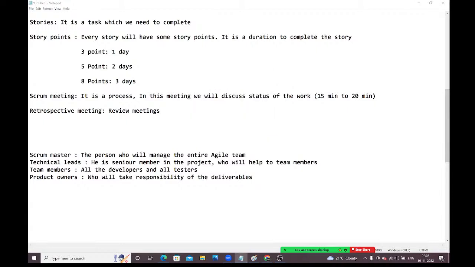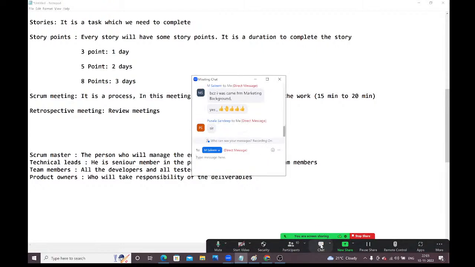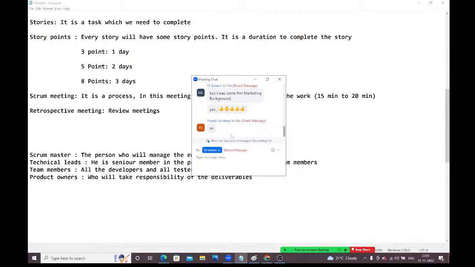Fine, guys. If you don't have any questions, I'm stopping here. Be careful, guys. From tomorrow onwards, I'm going to start with Linux. From tomorrow onwards, everyday practice is required. We are going to discuss commands and everything from tomorrow. Everyday practice must be required here.